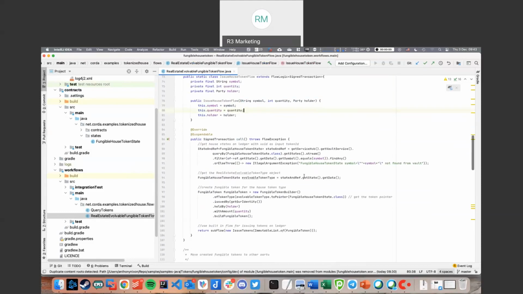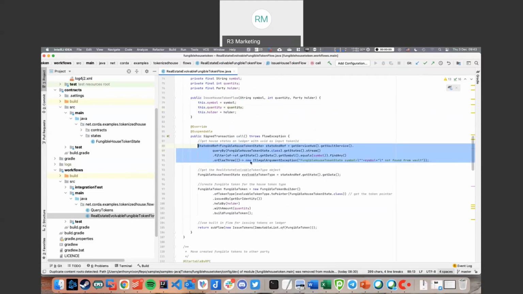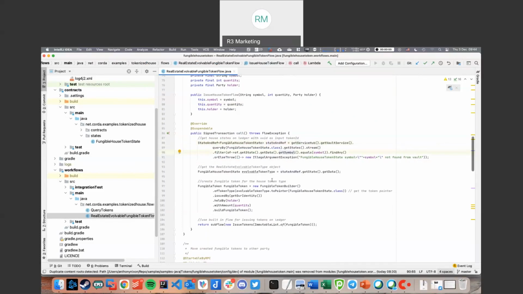So over here, because we've broken it into two stages, the creation and the issuance are separate, you'll see that the first step that we have to accomplish is to grab that definition from our ledger, from our vault. So what we do is we use the service hub. And what's happening here is we're querying all of the fungible house token states, and then we're filtering on the symbol. So if I create a state of a house, I can say Anthony's house as a symbol, or I could say Chris's house. And then I want to issue obviously only one of them at a time. So this is where I would filter and receive a state ref,